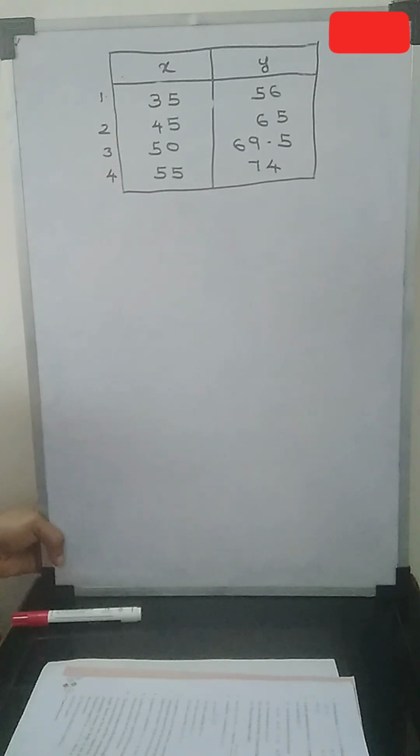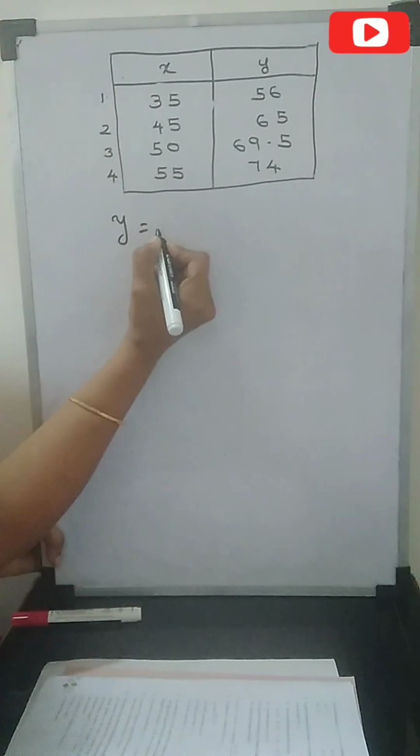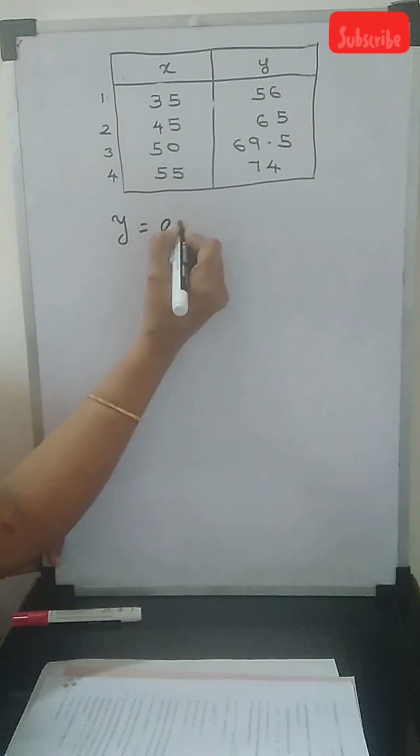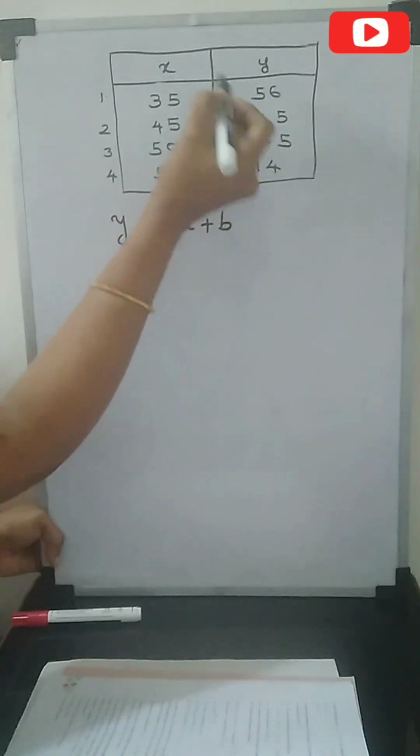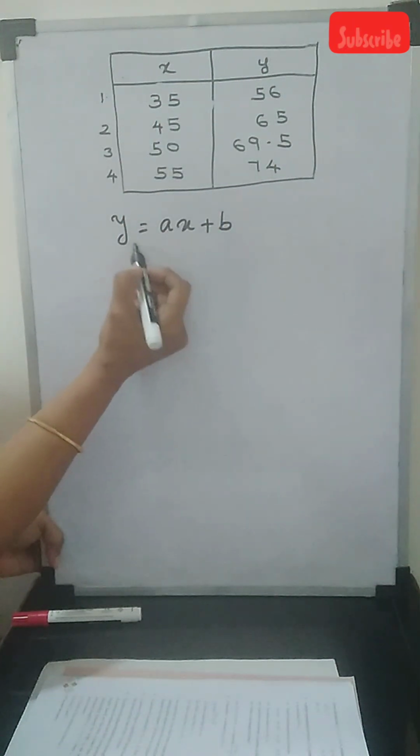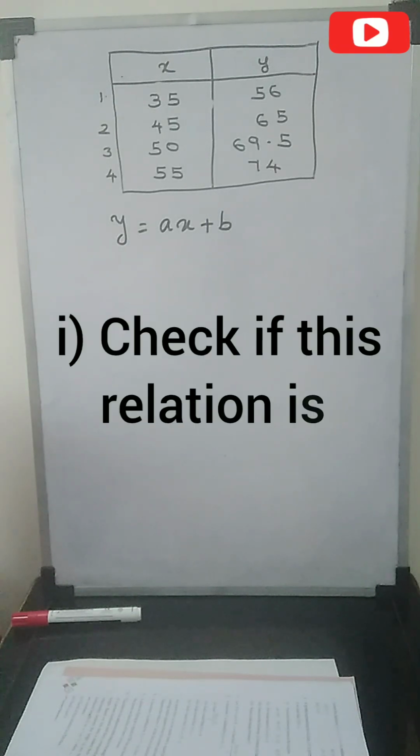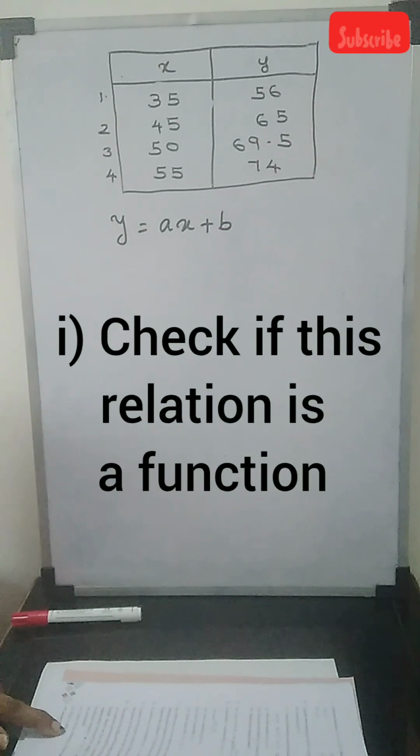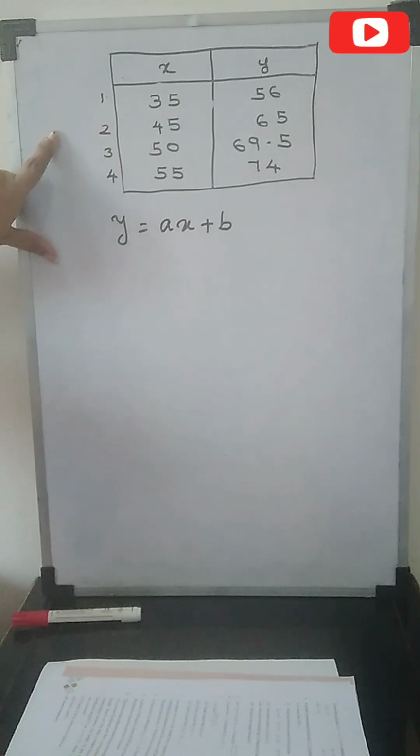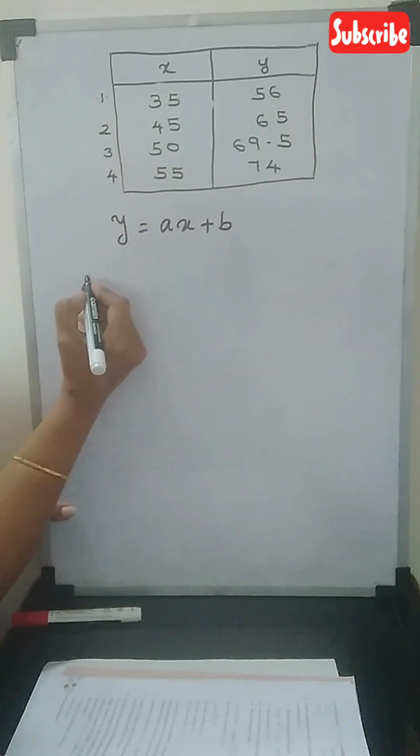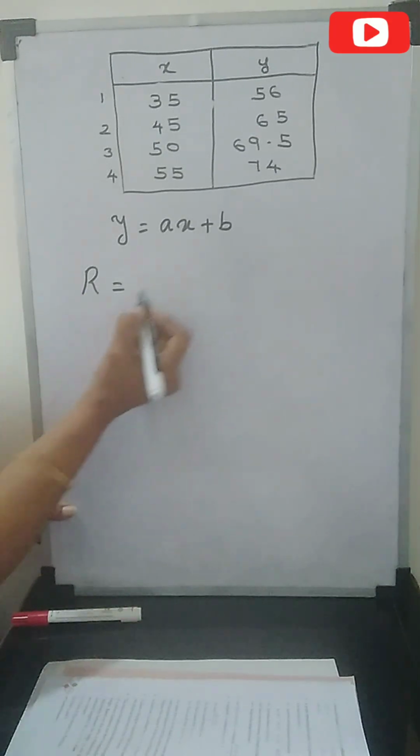And also the given relation is, what is the given relation? It is y is equal to ax plus b. They have given the relationship between x and y as y is equal to ax plus b. Now, the first question was: check if this relation is a function. We need to see whether this relation is a function. So what is our R? R is relation, okay. Relation is equal to